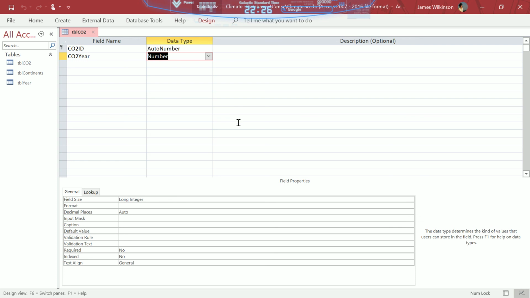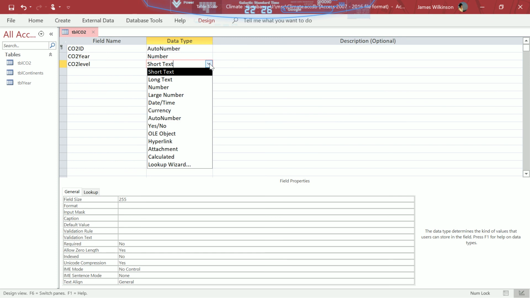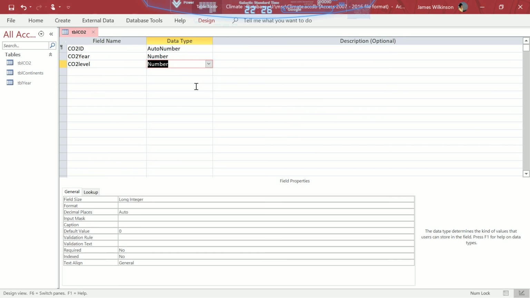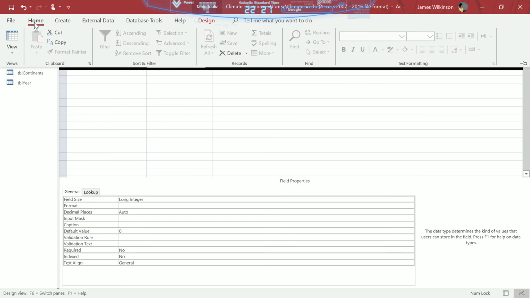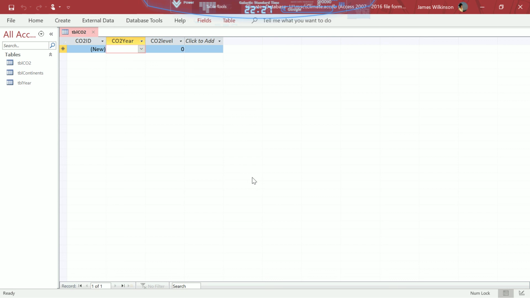Finally, we're going to put a third row, and here we're going to call it CO2 level. And we're going to set this one to a number. This is now finished, so we click Home, Datasheet View, yes, we're going to save it, and then we can click this drop down box here that we've just created